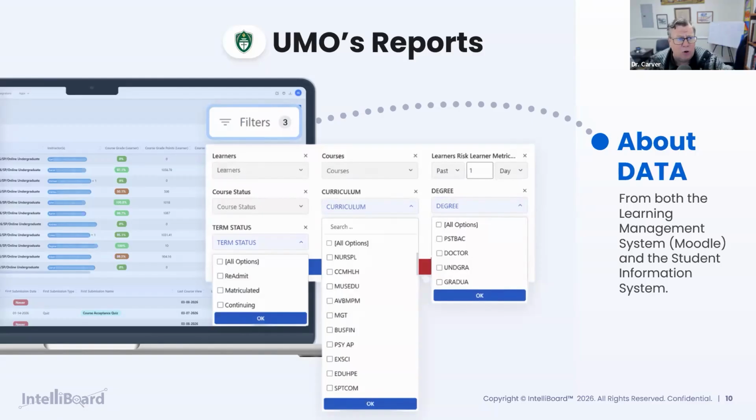One, has the student even logged into Moodle in the first place? That's key, because if I don't see that login into Moodle, what are my other configurations that are happening with that student? Have they been properly oriented? Do they even know how to get to Moodle? That is like the big, huge level.